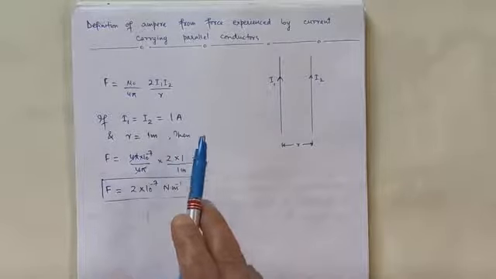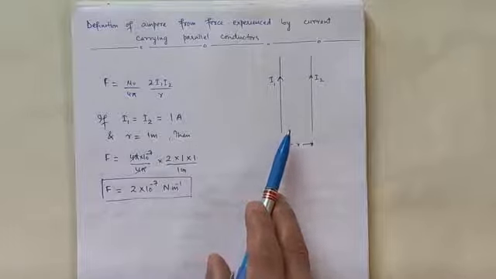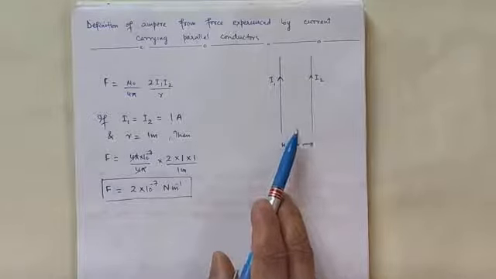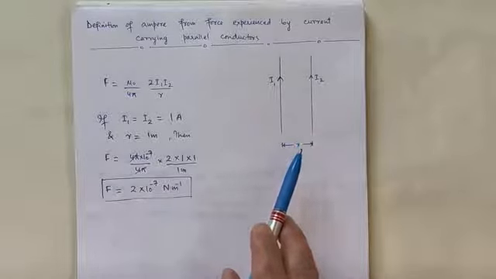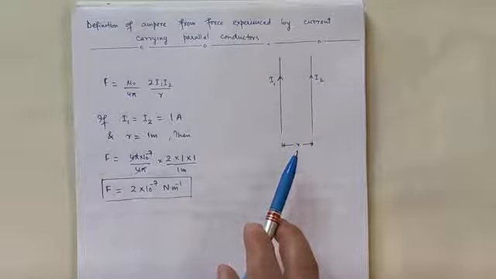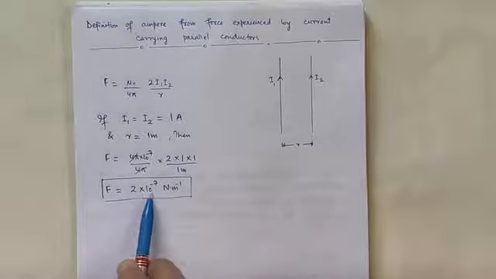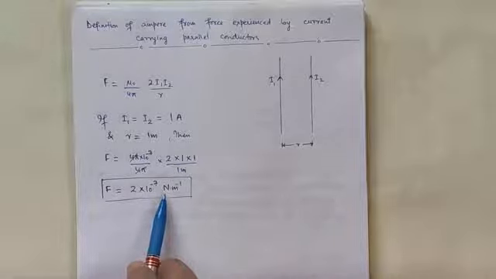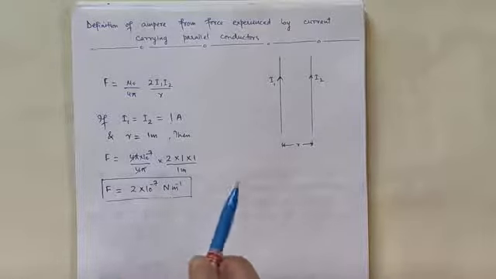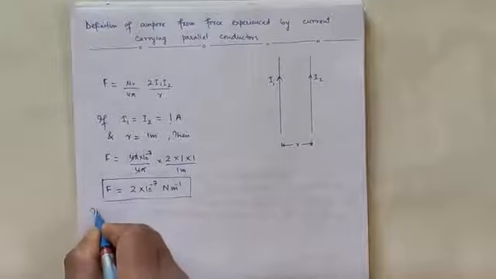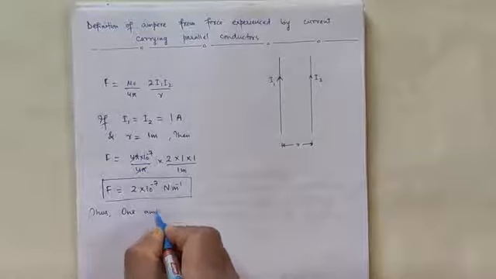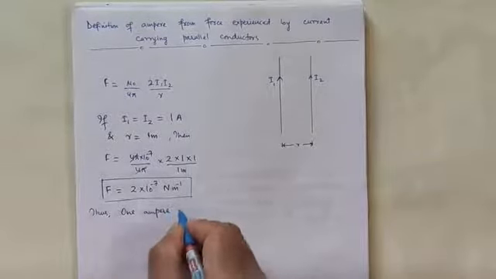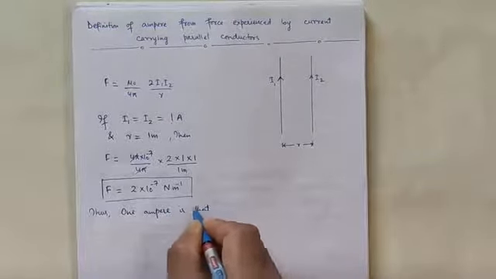So from this equation, we can define the ampere as that much current. 1 ampere can be defined as that much current which, if maintained through each of the two conductors held parallel to each other, separated by a distance of 1 meter in vacuum, will produce a force of 2 into 10 raised power minus 7 Newton on each meter of the other wire or other conductor. Thus we can define 1 ampere. 1 ampere is that current